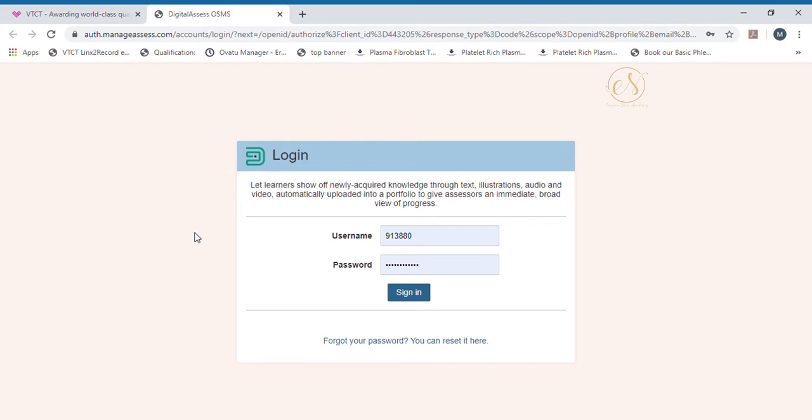Now here is where you enter your student number as your username, and if it's your first time, you also enter your student number as your password. If it is your first time, you'll then be prompted to change your password. Once in,